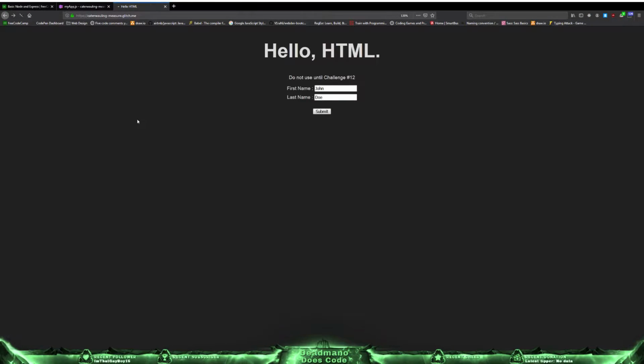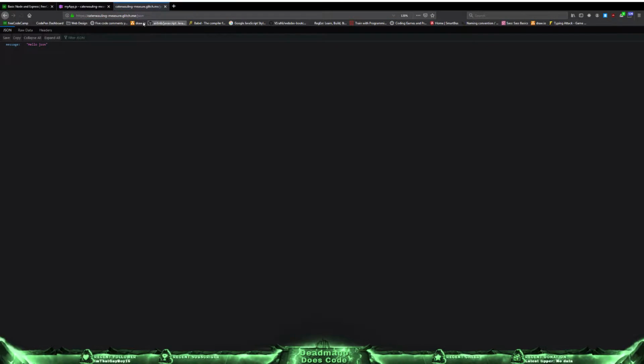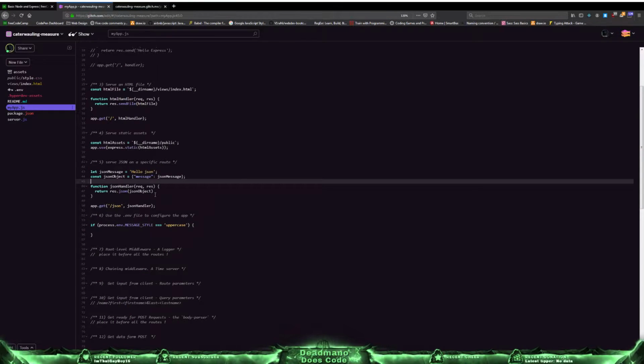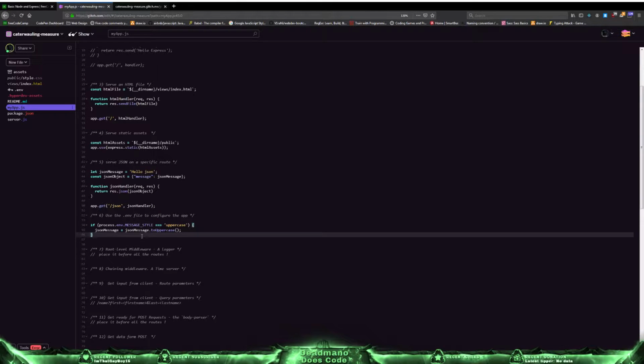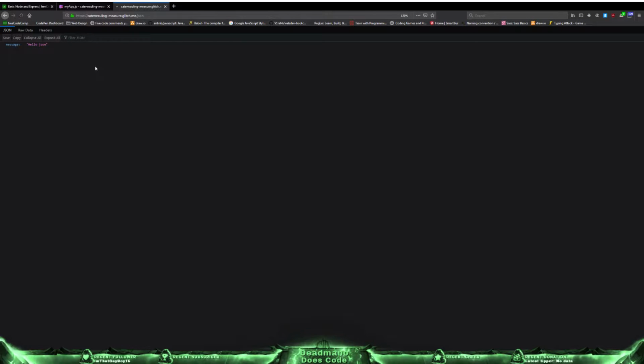Okay, so if we reload this, if we go to /json, we should get hello JSON, right? So then what I'm thinking is, since it's let, then if process.env.MESSAGE_STYLE is equal to uppercase, we can do jsonMessage equal to jsonMessage.toUpperCase, right? So we could just do that. So now if we reload it,